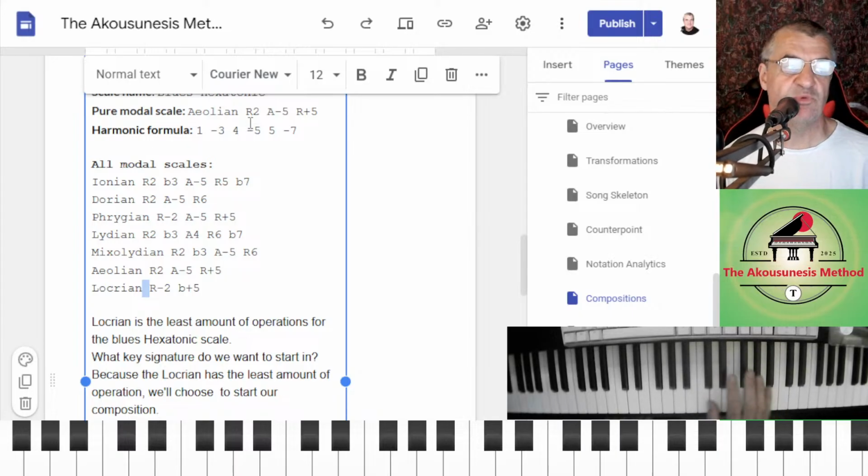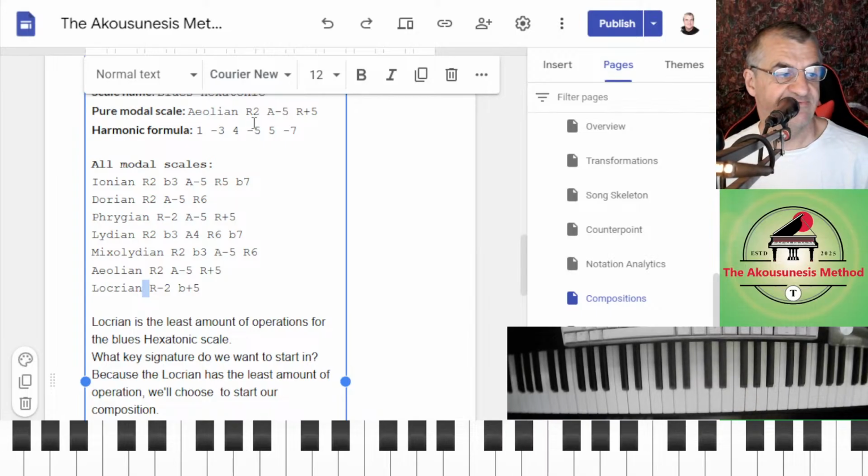But slides are important too to determining which key you're in, whether you want to use a slide here or a slide here. This is a slide going from the 5 to the -5. In the Aeolian here, we're adding the -5, and now it's a slide going from -5 to the -3. So it's a different black slide.